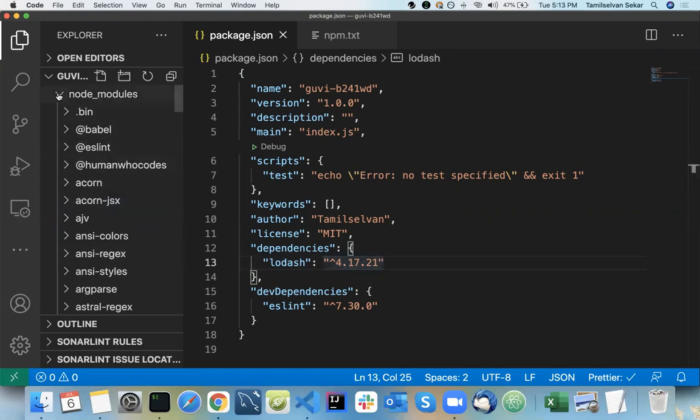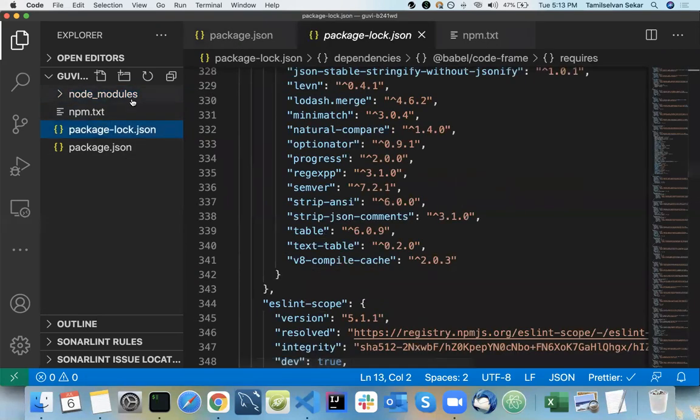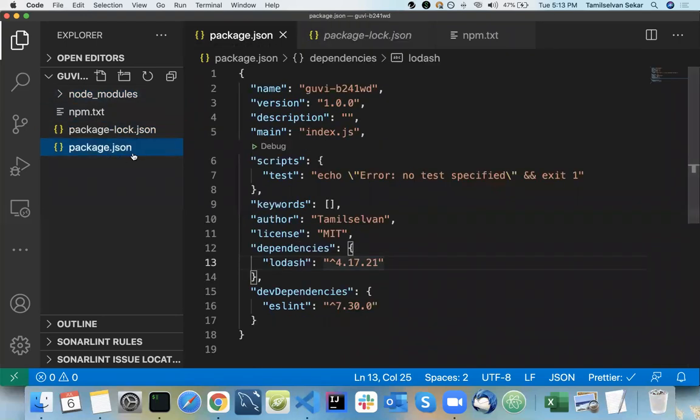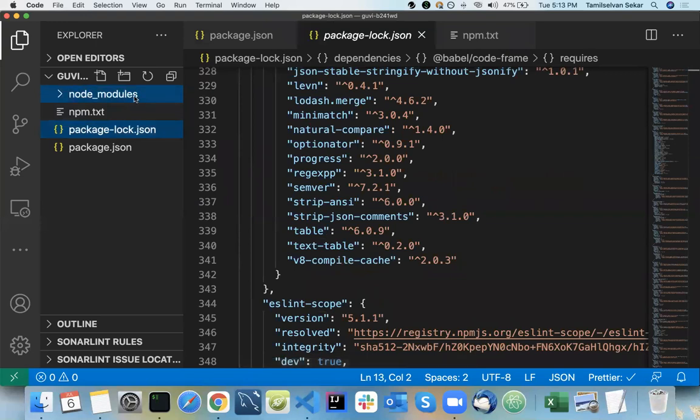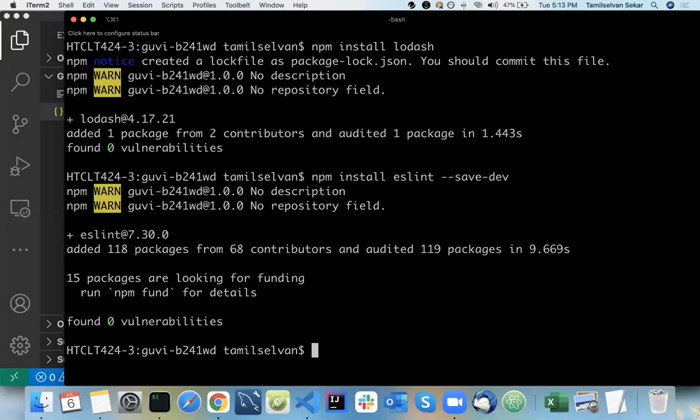So basically we never share our node_modules with any of the developers. We basically share only the package.json and our source code, not the package-lock.json or node_modules. Then how will the developer do that? Suppose I have used Lodash here, but the code is not in my folder here, right? So there is a command called